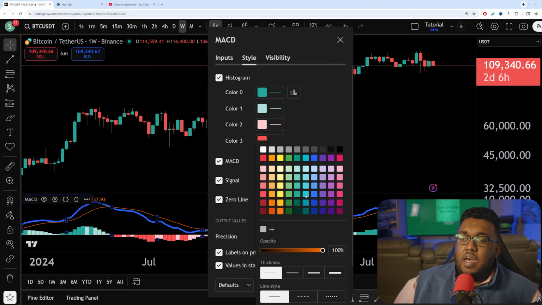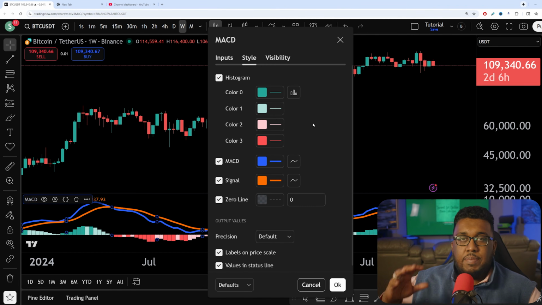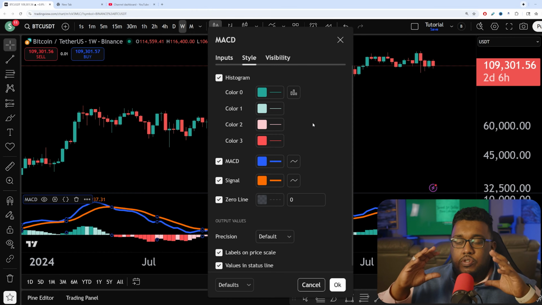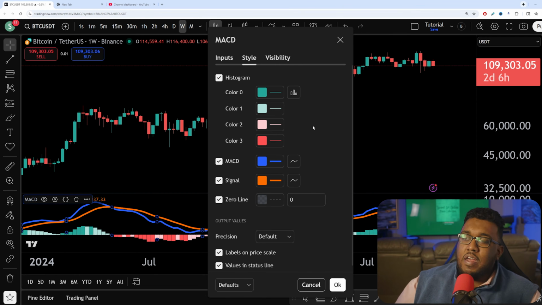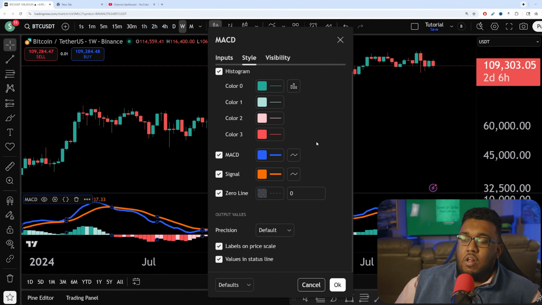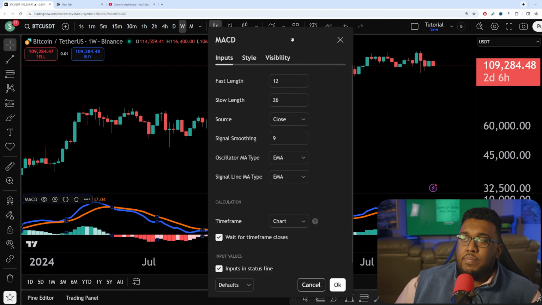thick as possible. A lot of times when you are using a MACD, it's going to be one of 8 charts, one of 6 charts on your screen, so everything is going to be very small. You just want to make sure that when it's that small, you're still able to see everything going on, all right? Now, afterwards, you can leave all of this as is, go over to inputs, and what I want to